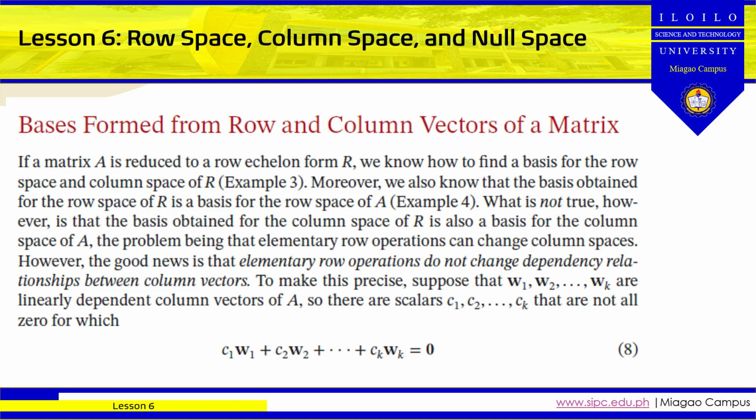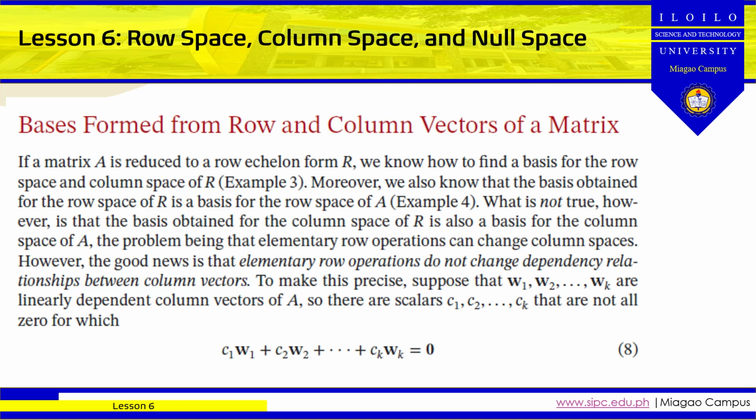Bases formed from row and column vectors of a matrix. If a matrix A is reduced to a row echelon form R, we know how to find a basis for the row space and column space of R. Moreover, we also know that the basis obtained for the row space of R is a basis for the row space of A. What is not true, however, is that the basis obtained for the column space of R is also a basis for the column space of A. The problem being that elementary row operations can change the column spaces. However,